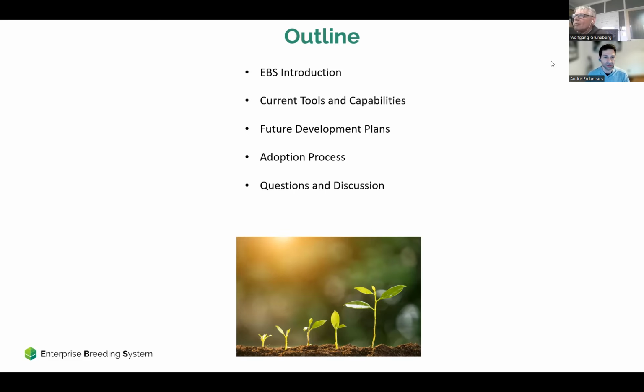We have a quick introduction, and then we'll talk a little more about the technical details of EBS: its capabilities, its tools, its functions, what it supports, and what's coming next in the further rollouts. Then the adoption process, and how it works.